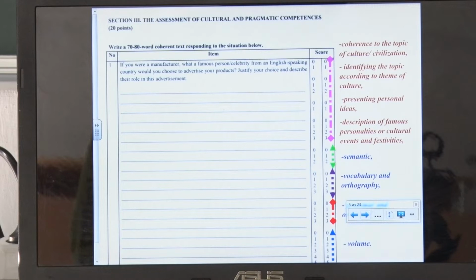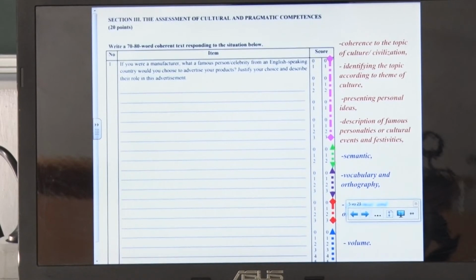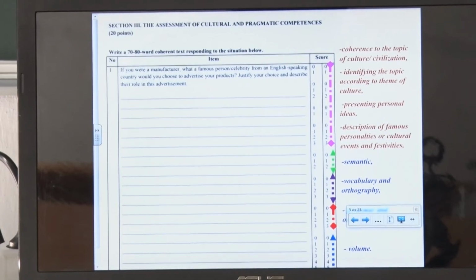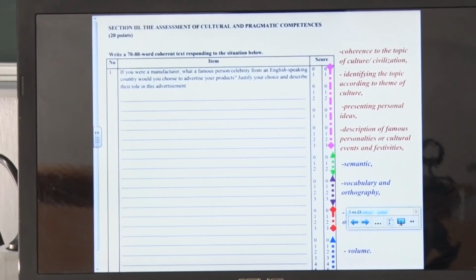Let's see the example. For example, you get this topic. If you were a manufacturer, what famous person or celebrity from an English-speaking country would you choose to advertise your products? Justify your choice and describe their role in this advertisement. It's very important to see that you are required to write a 70-80 word coherent text responding to the situation below. On the right hand, you can see the scores that you can get while writing this